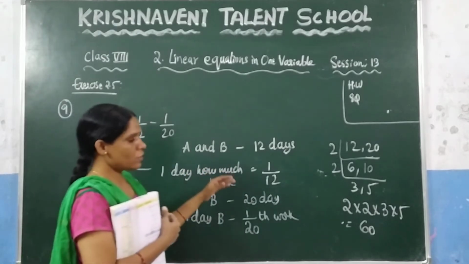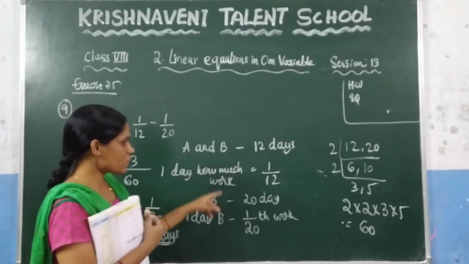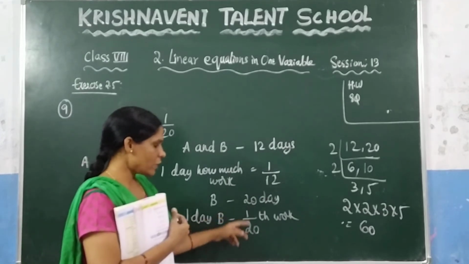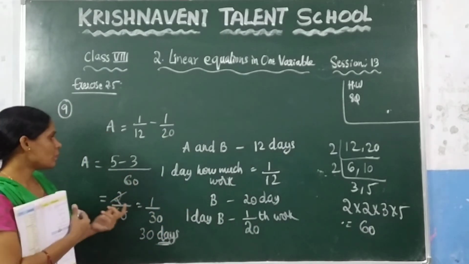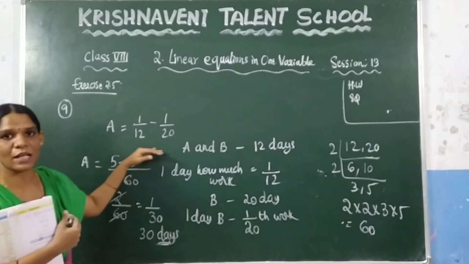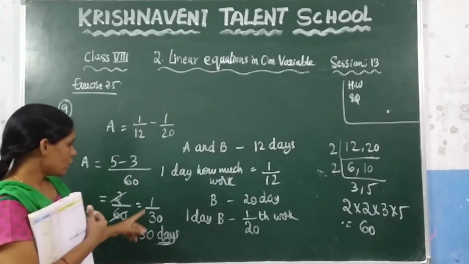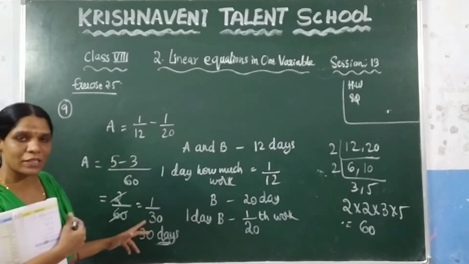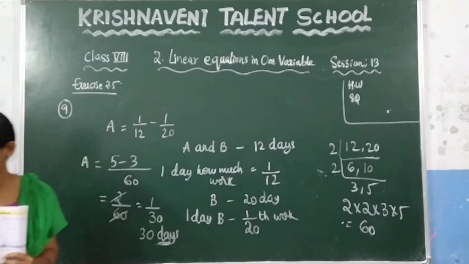Now here, for this process we have calculated in terms of one day. In one day how much work will they complete? 1/12 of the work. And similarly, B can complete 1/20th of the work in one day. Now we have calculated in one day how much work A has to do. For that we need to subtract those two values, so that we get 1/30th of the work he can do in one day. Now how many days does he take to complete the whole work? Nothing but 30 days. This is the problem. Now write it here.